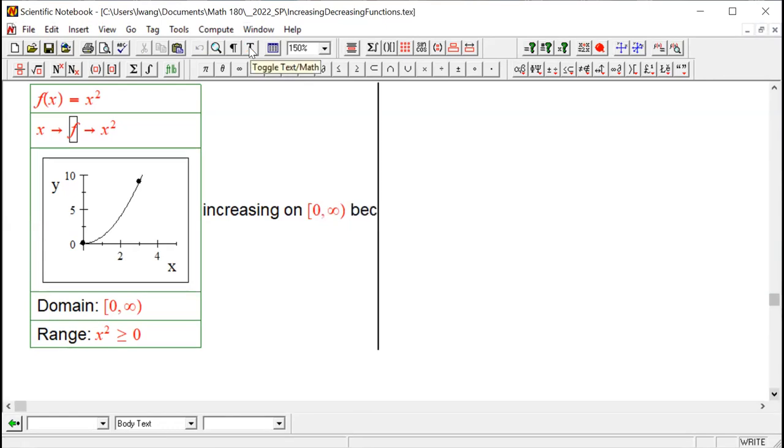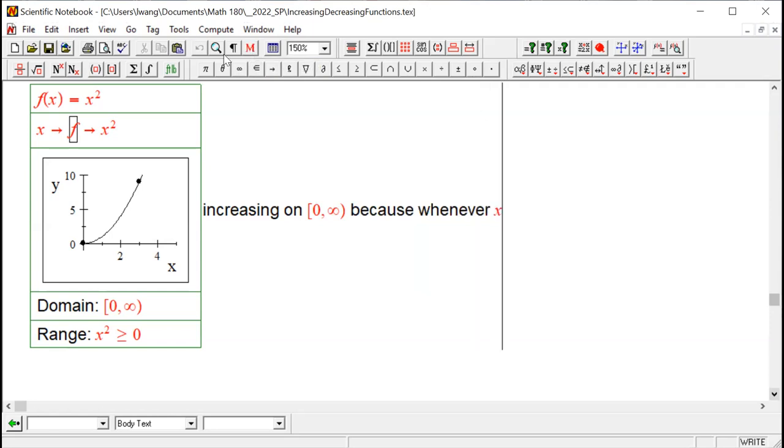Because whenever x sub 1 is less than x sub 2, and they both need to be greater than or equal to 0 because it's in this interval, and you square them, x1 squared is going to be less than x sub 2 squared. So we're quoting the definition, you see? In summary,